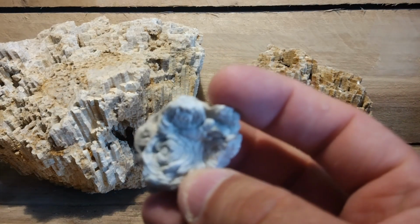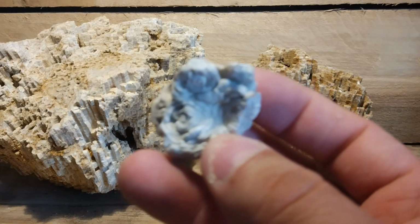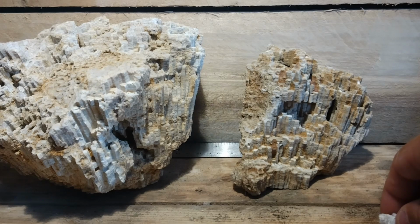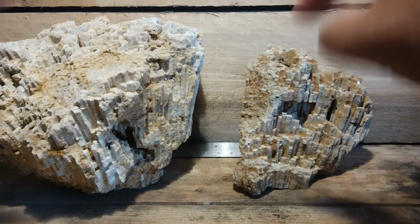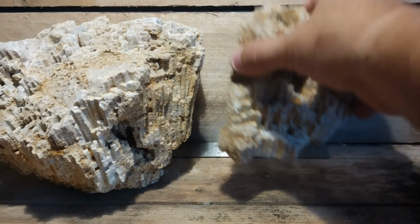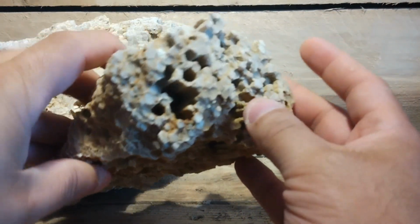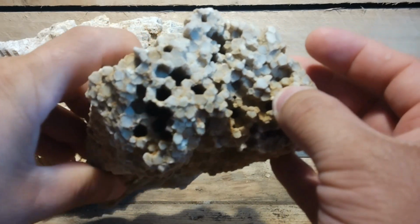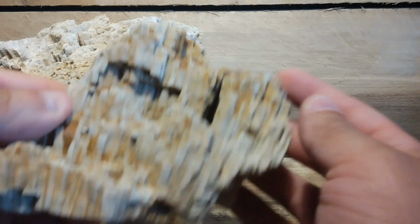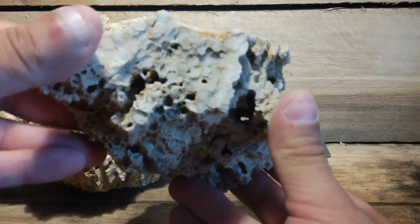But yeah, these little fossils here, I like finding them. These were nice to find. Now, several years ago, I found these two things. This one right here, it weighs a couple pounds. It's got a little crystallization in there. I don't know if you can tell. Very nice to find. I found a few more of these, but I've given those away to a friend of